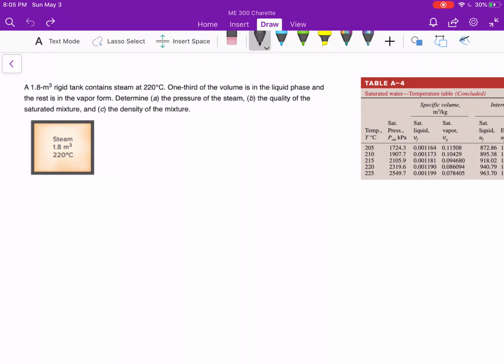You have 3 deliverables. You have to determine A, the pressure of the steam, B, the quality of the saturated mixture, and C, the density of the mixture. So, first we have A. Determine the pressure of the steam. Now, because we know our T equals 220 degrees Celsius,